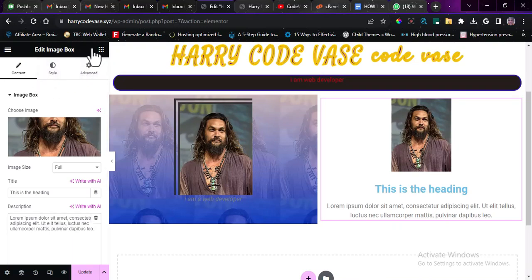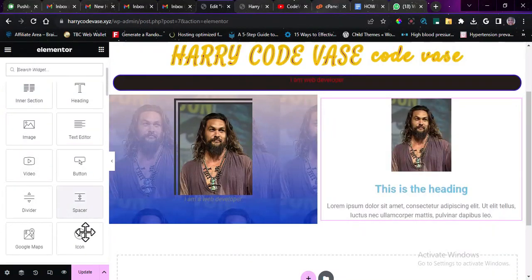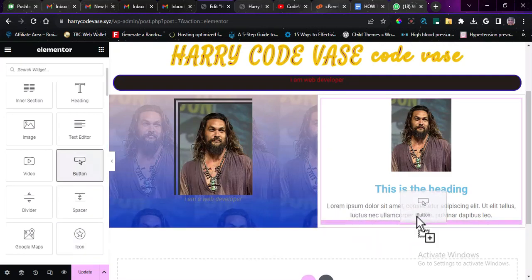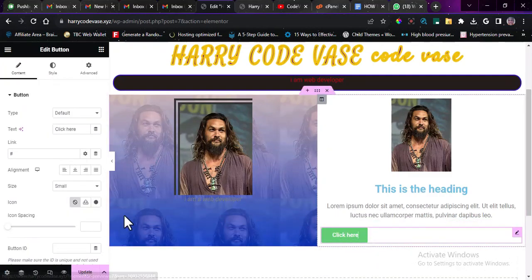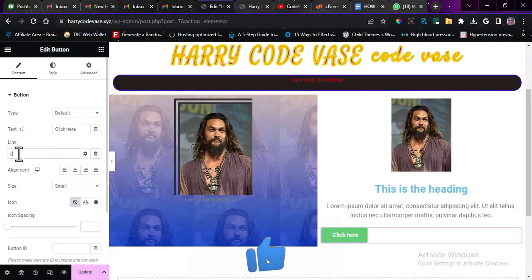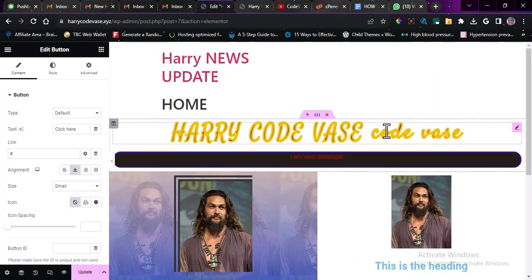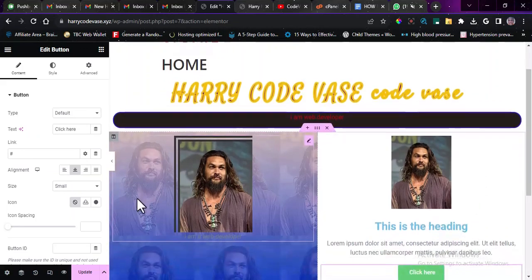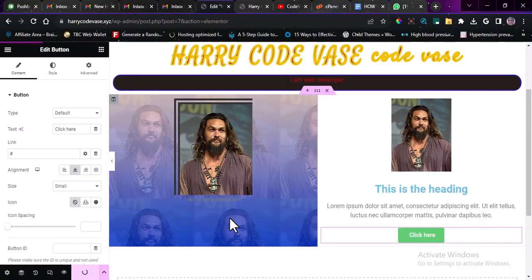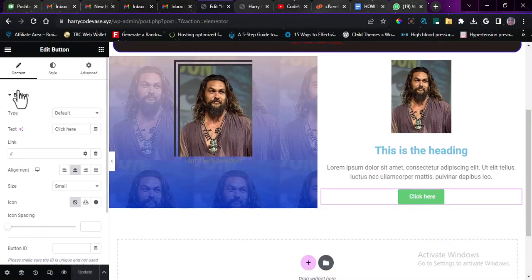So all editing can still be done from this style section, where you can customize the text color and all that. Now another thing you need to take note of is button. Button here gives you something like this. You can see that right now. So once you click on any button, you can set up or adjust the styling from this place. This place is a link where you put the link where you want it to be redirected to. So this Elementor actually helps you to build a theme, gives you a good design. This is what you are going to be using to build your company website, and I believe I've been able to walk you through